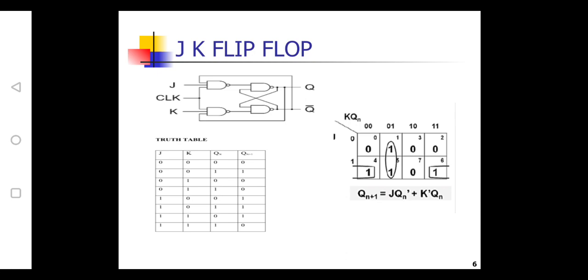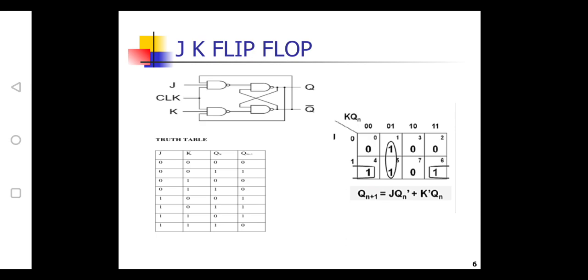The next type of flip-flop is the JK flip-flop. In case of a JK flip-flop, we are using the same SR flip-flop, but in the last part of the circuit, we are giving feedback, that is, output is fed back towards the input. And the structure of this JK flip-flop is similar to that of the SR flip-flop except for the feedback path. And here J is similar to S and K is similar to R.